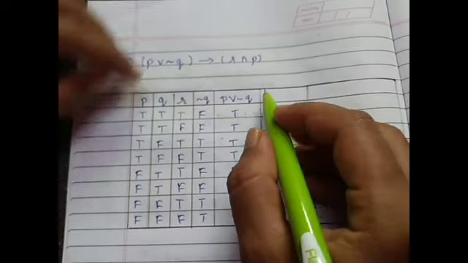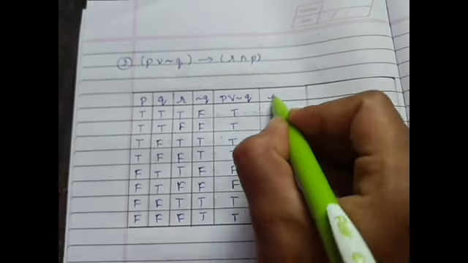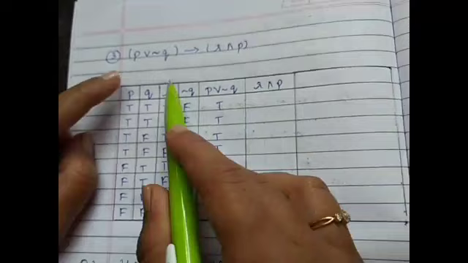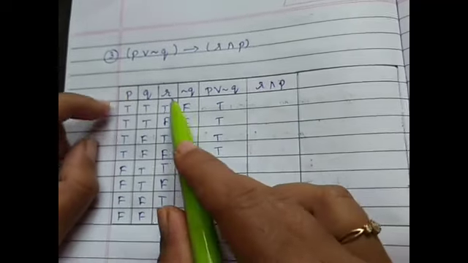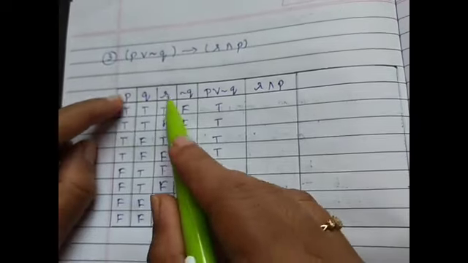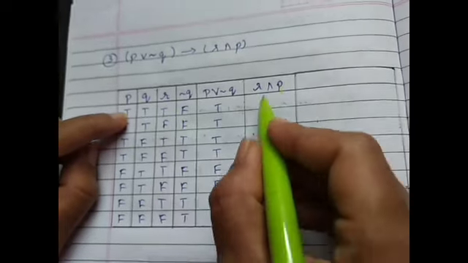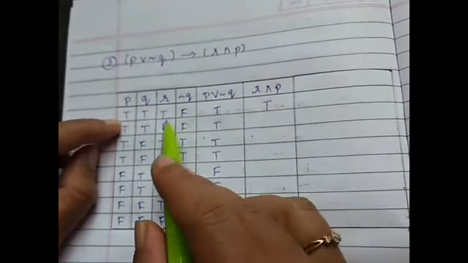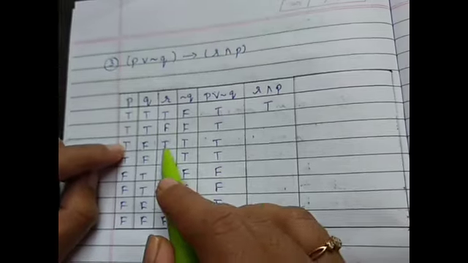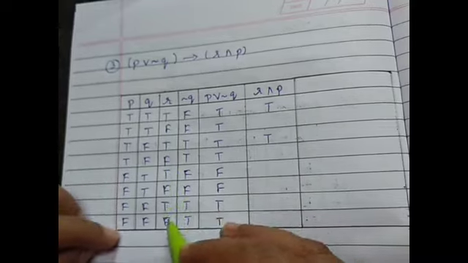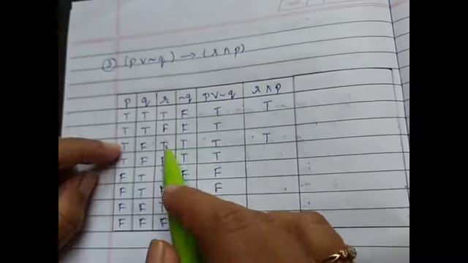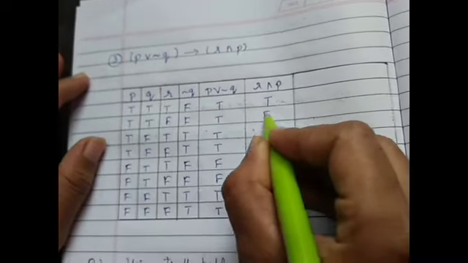Now we'll write the next bracket. The next bracket is R and P. The first and third column, your symbol is AND. So we'll see T and T. Where it is TT, TT is your first entry, so we'll write T here. Again TT here, in the third we'll write T. Again we don't have, so your two entries are TT. The remaining we'll write F.